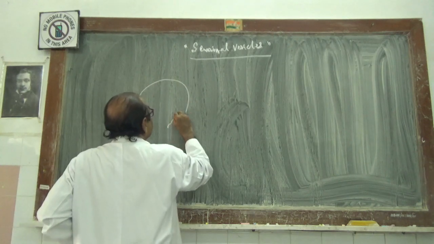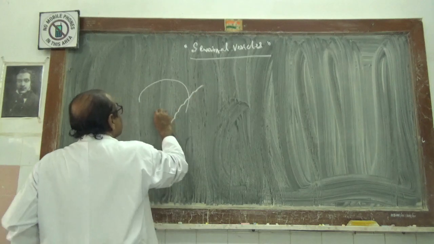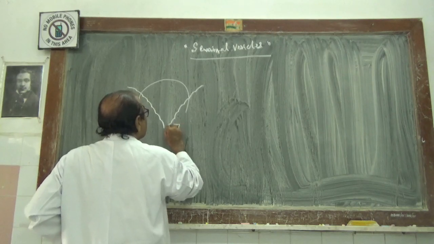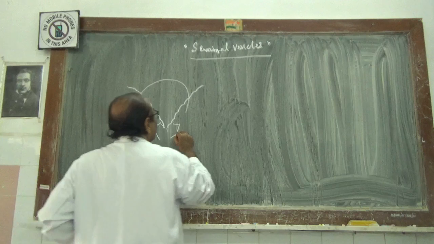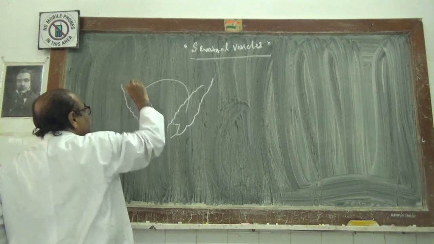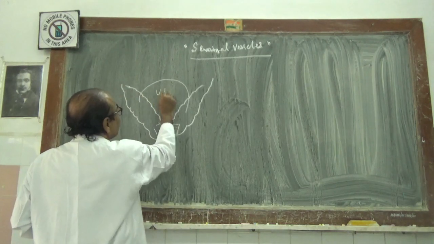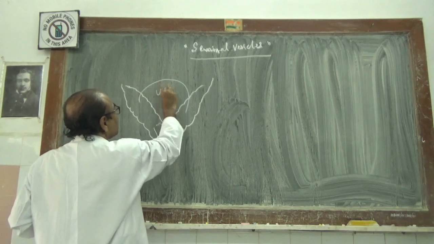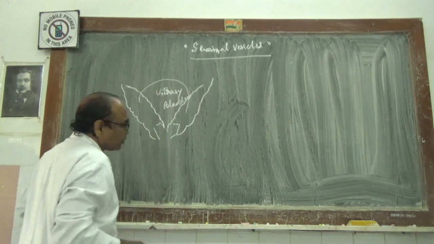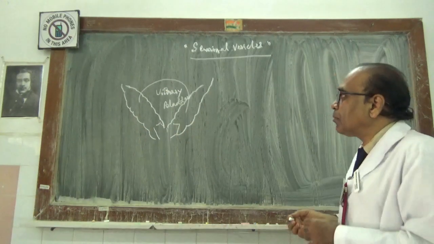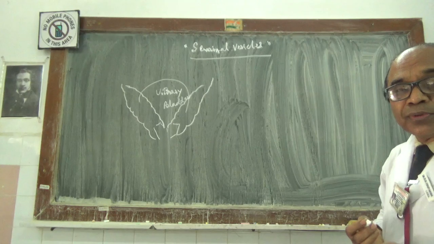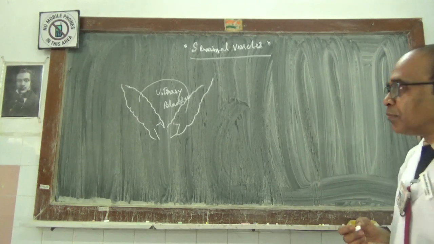one on either side of the median plane, just at the posterolateral aspect of, or just at the posterior part of the urinary bladder. All these things are seminal vesicles. They are present at the base of the fundus part of the urinary bladder in the pelvic cavity,